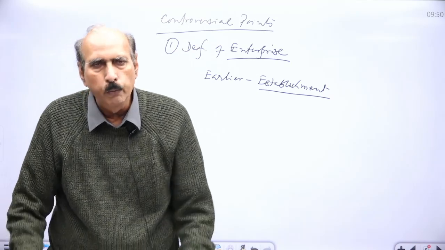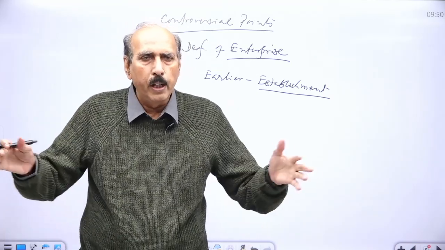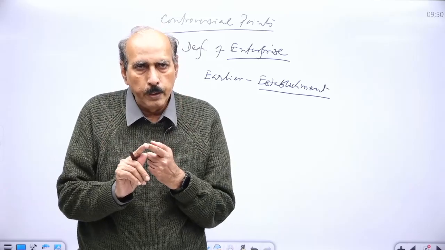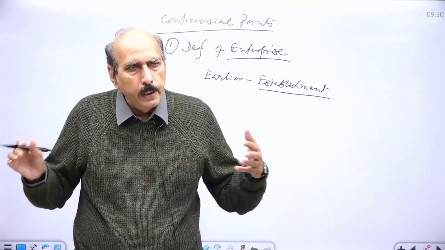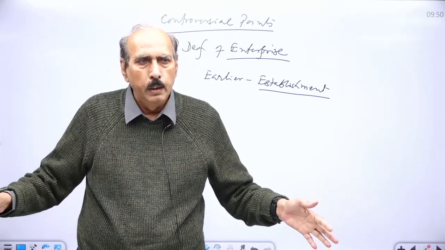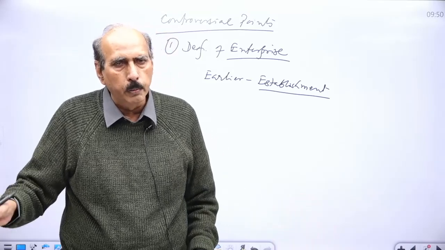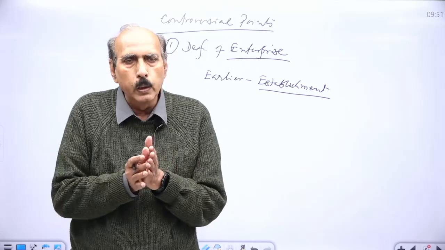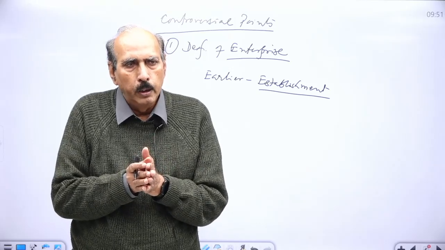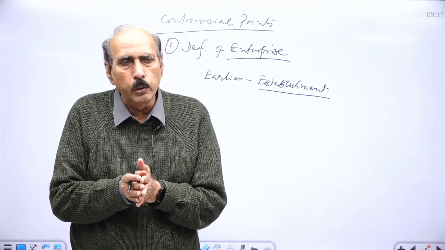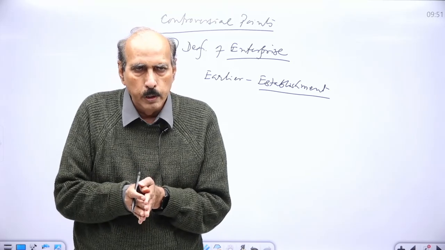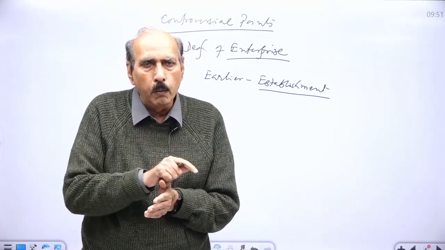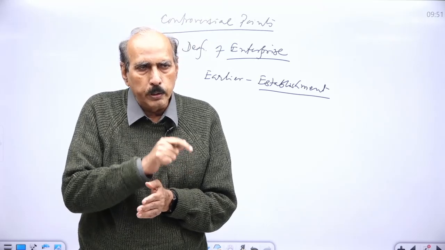We are counting this as one enterprise, maybe having 5 units, 10 units, 15 units. We are counting it as one enterprise. Earlier it was 10 enterprises separately. We are counting the production of each enterprise separately. Now we are integrating all the 10 units or 5 units plus the expenditure activity undertaken by the headquarter is also counted, which is added over and above the value of production of the units.